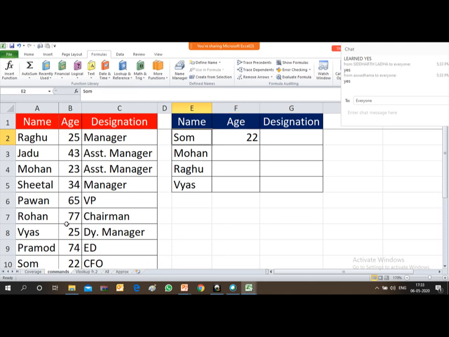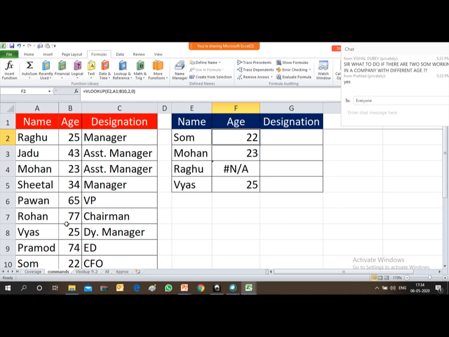Now I want the age of all the names appearing over here. So what I will do, I will just copy this formula and paste it in the below cells. I have just copied it and now I'm pasting it. In the first, the value is already obtained, that is 22.